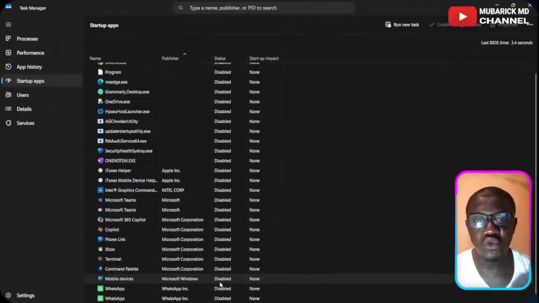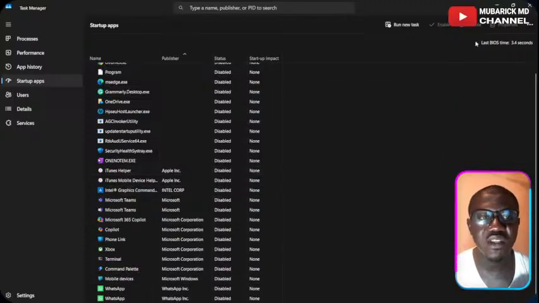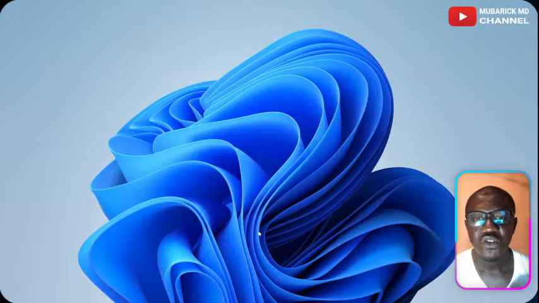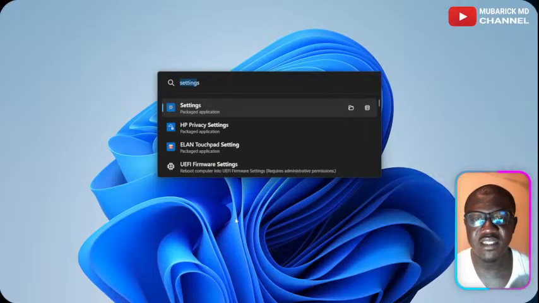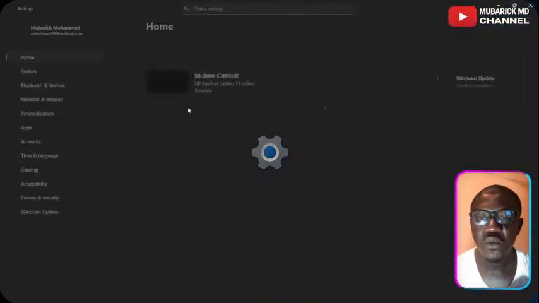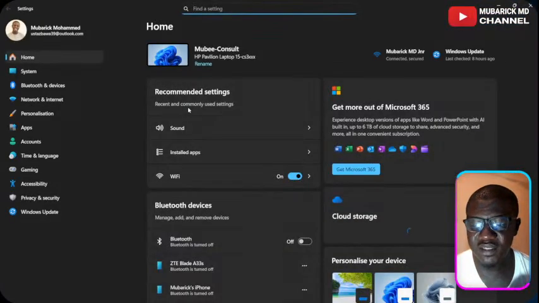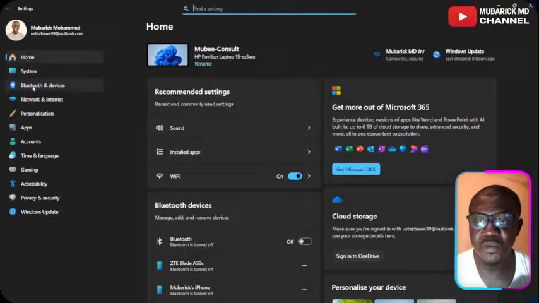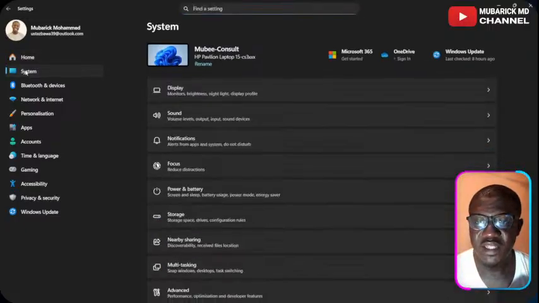And when this is also done, we want to make sure we do the next thing that is also very important here. So then again, we're going to open our settings again. And with that open, we're going to make sure we open our system. On the left panel, you have tons of options here. Make sure you tap on System. Then with this selected, scroll down until you locate